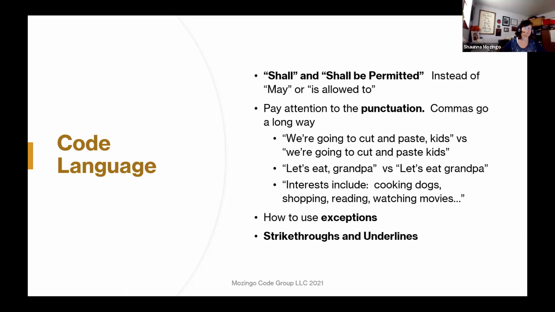Oh, okay, perfect. And then we want to talk real quick about how to use exceptions, how to use strike throughs and underlines when you're writing the code. So when we're doing that,